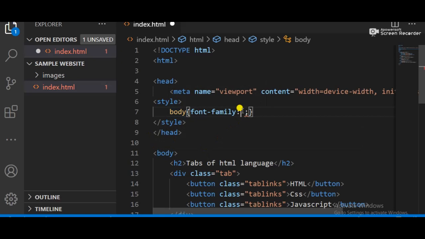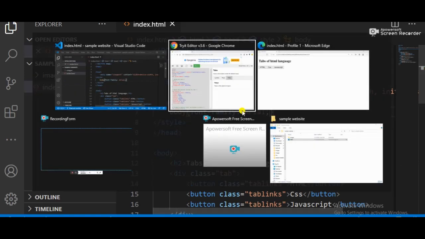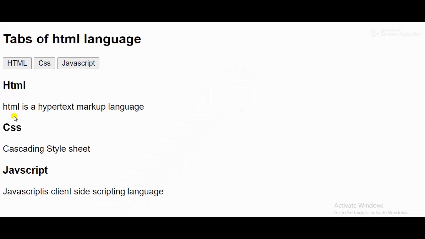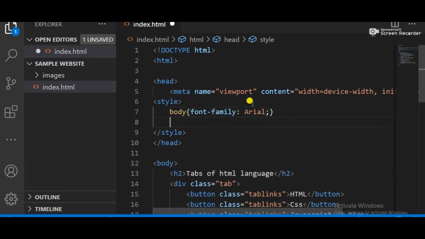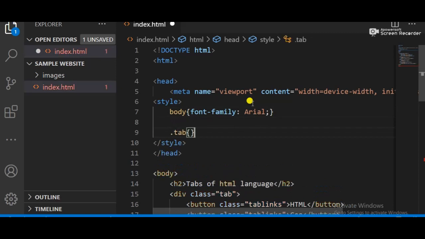So this is the body, and I'm applying Arial. Arial is my font. So body has all kinds of stuff. This is showing like a home, so I'm just going to show that this is the HTML, CSS, JavaScript. All definitions are showing like this. So what we have done, we need to apply another thing, like a tab. So that is my tab. Where I call it tab, we call it in a JavaScript form, and I call it in a div.